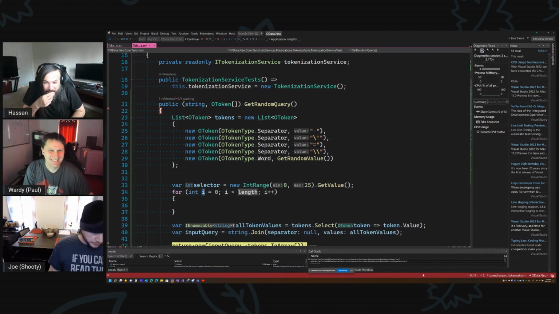I need to write my own random value generation library, by the way. Because,